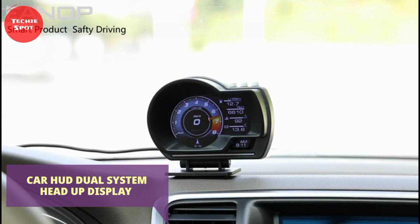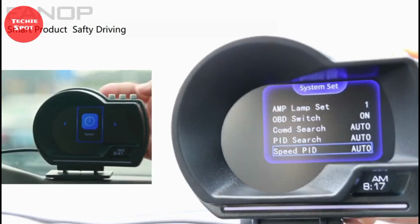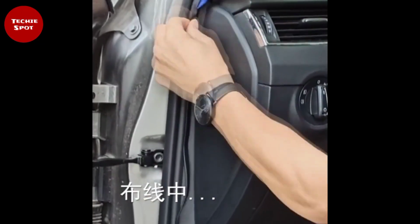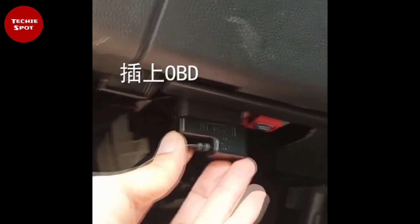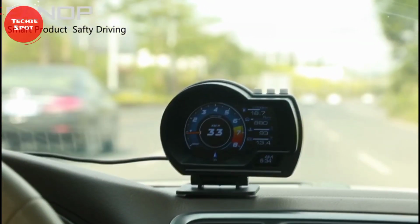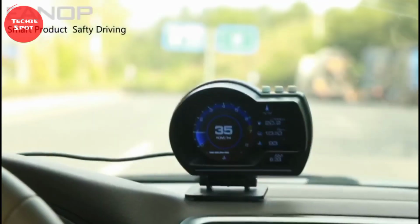Car dual system head-up display. Head-up displays help keep your eyes on the road when you're driving, but this gadget goes much more beyond that. By plugging this gadget into the OBD2 port, located under the steering dashboard of your car, it will automatically show you all sorts of useful information, such as speed limit, navigation control, and fuel consumption, and in addition, it will